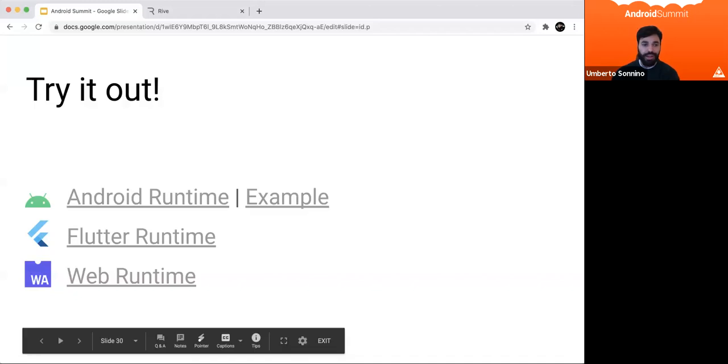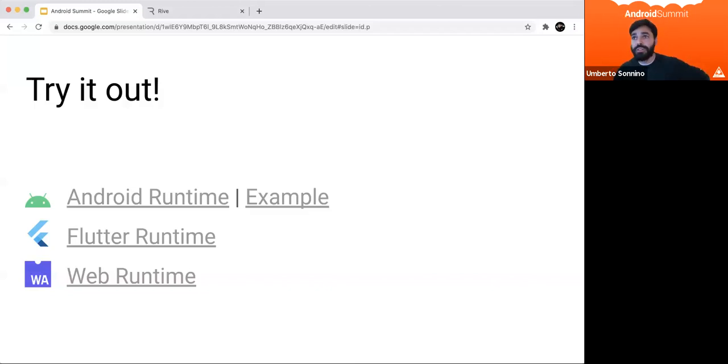So there you go. These are our runtimes. They work across the various platforms, the various Google platforms. And we're going to give you the opportunity to click on the links by providing you with the slides later. And you're going to see the Android runtime. We have a repo containing the example that I showed in detail with the whole app and the whole flow with the indeterminate loader. We have a Flutter runtime, we have a web runtime, everything is open source, and we're